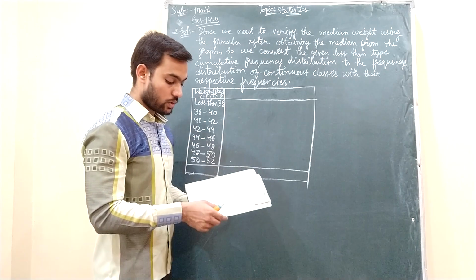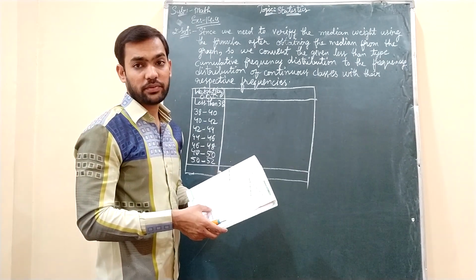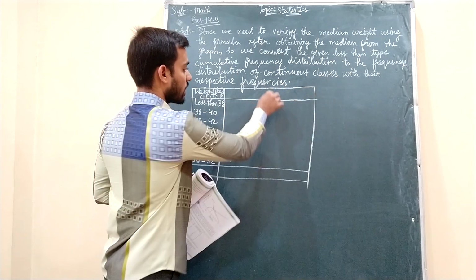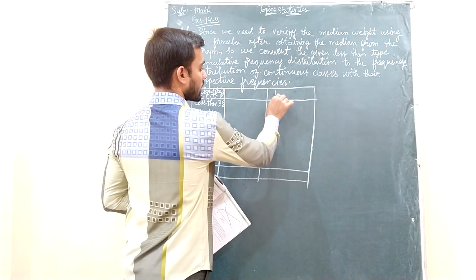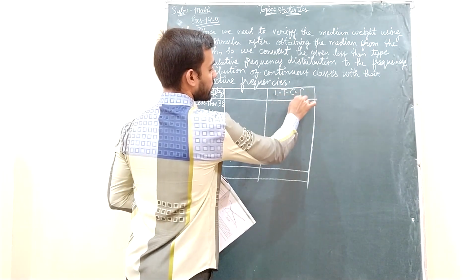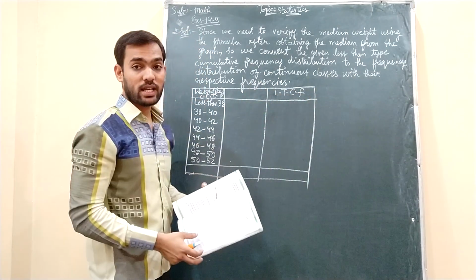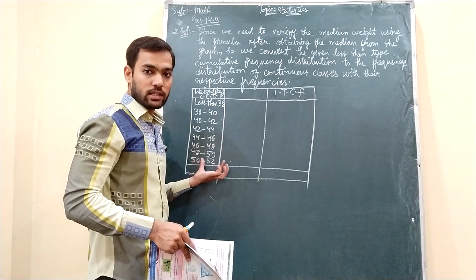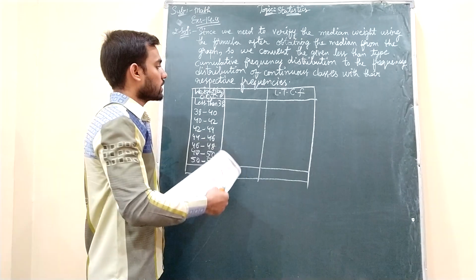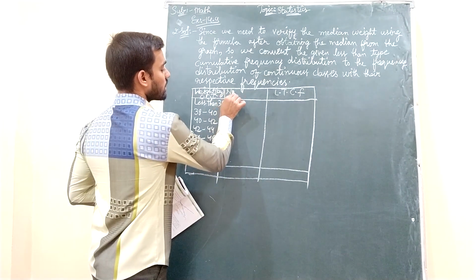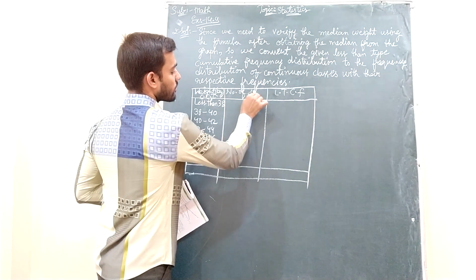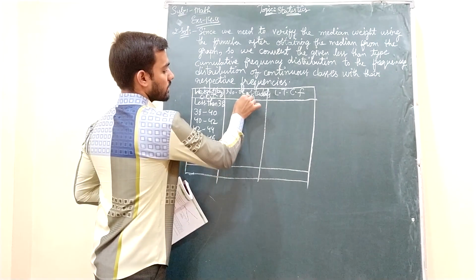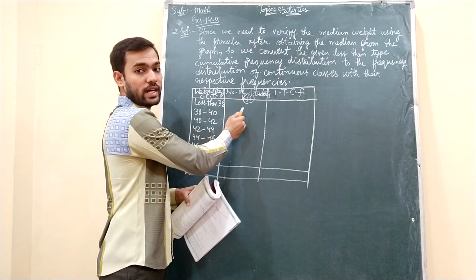Okay students, now this number of students is not the frequency actually. This is less than type cumulative frequency. So this we will write in our third column, because third column is given over here. Less than cumulative frequency we will write. We will not write this one as number of students, because we have divided here the different class intervals, not like the question. Okay, so here number of students will be frequency, Fi. Using this less than cumulative frequency, we will find out this one.